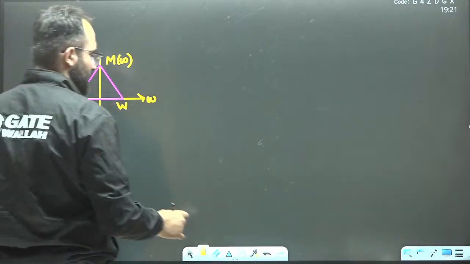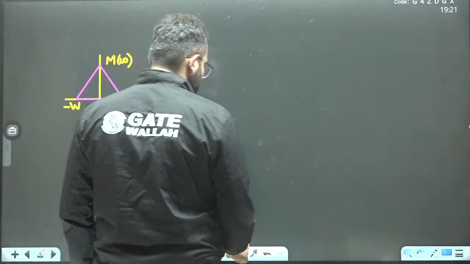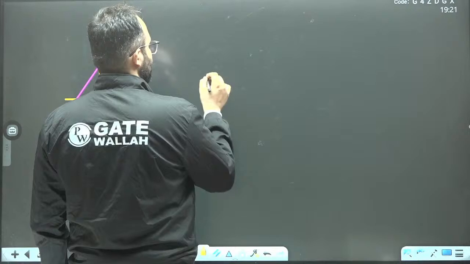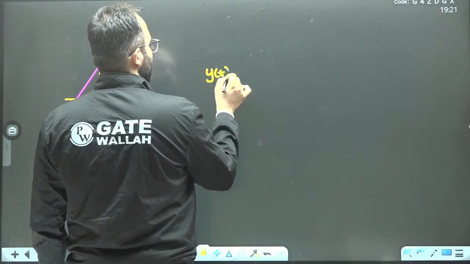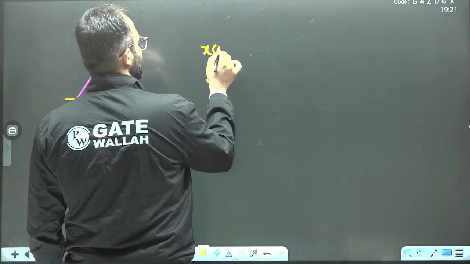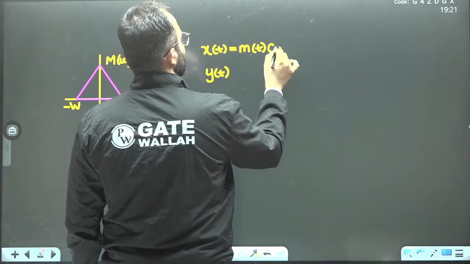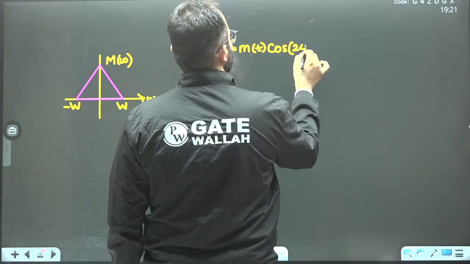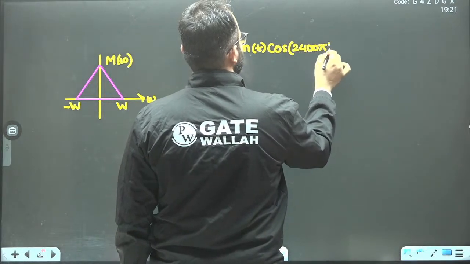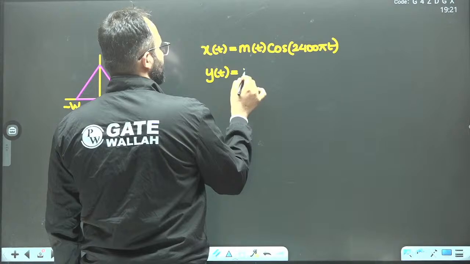Okay, now let's see what is y(t). First of all, let's see what is x(t). x(t) is m(t) cos of 2400 pi t. So y(t) is 10 times x(t)